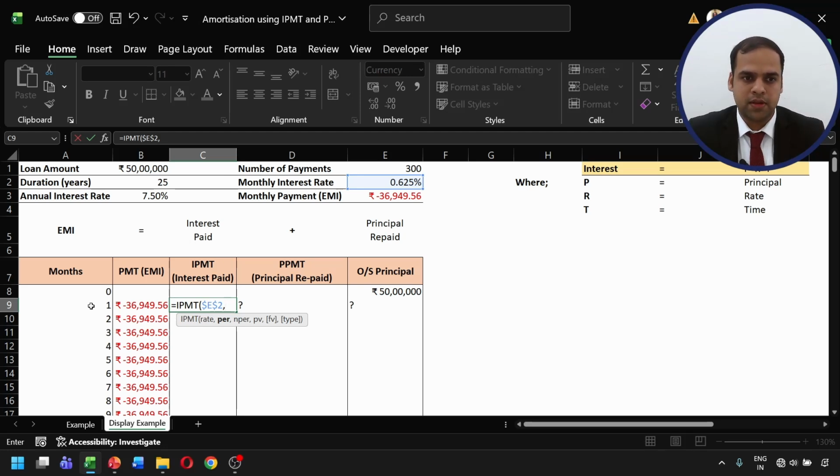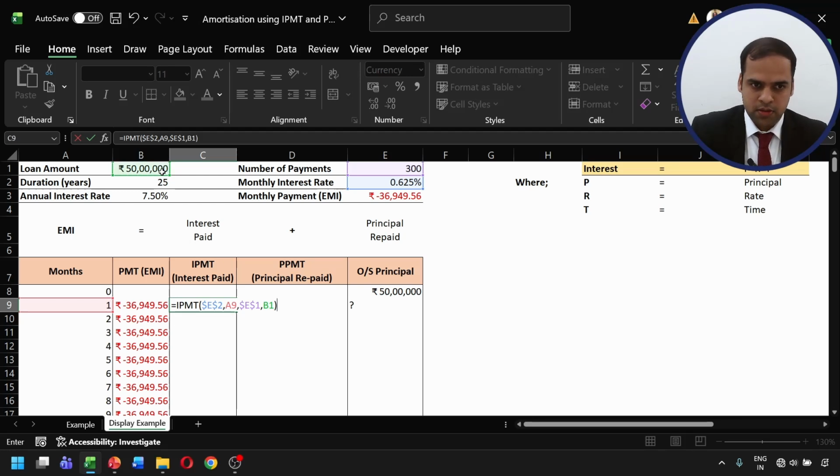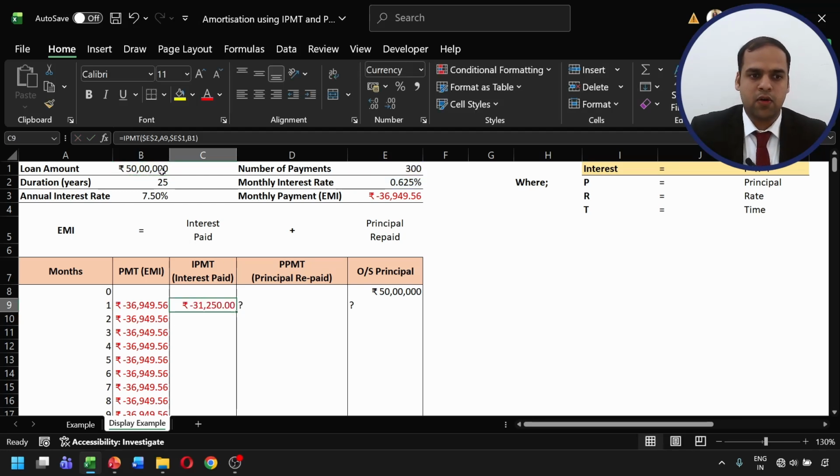So period is one, the first month, and the number of periods is the number of months we will be paying this EMI, which is 300. So we will freeze this cell, and the present value at the beginning of the time when we took the loan is 50 lakh. So if we close this, we get to know that out of 36,950 rupees we are